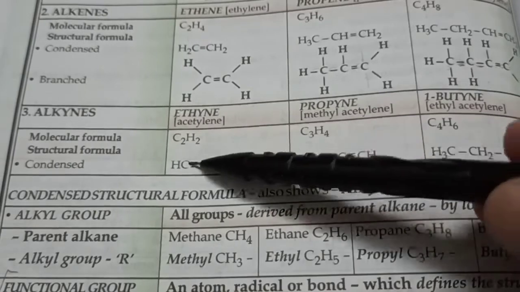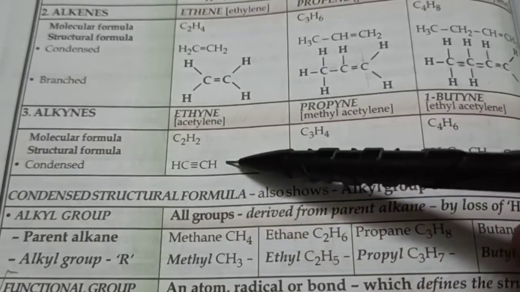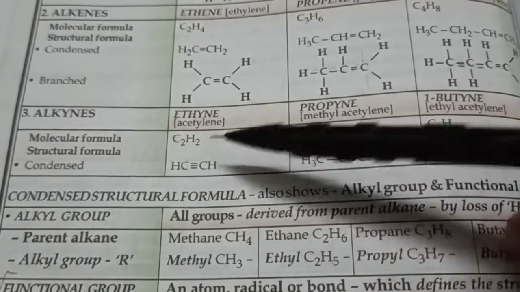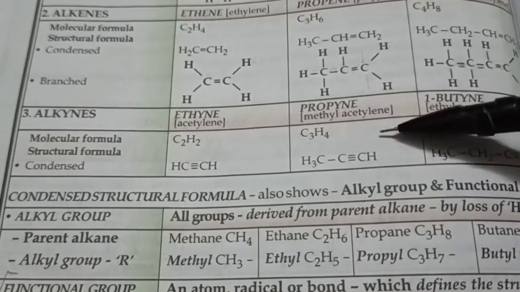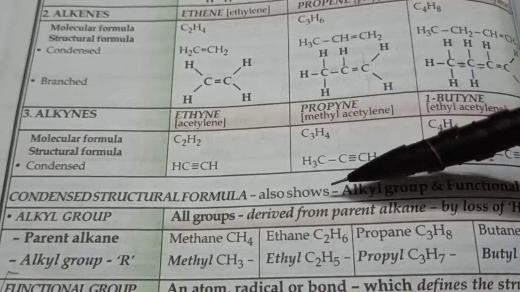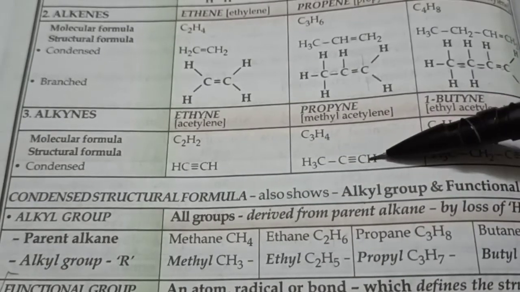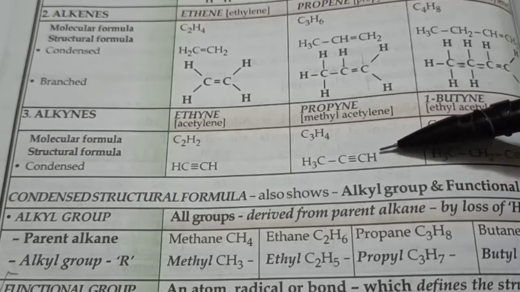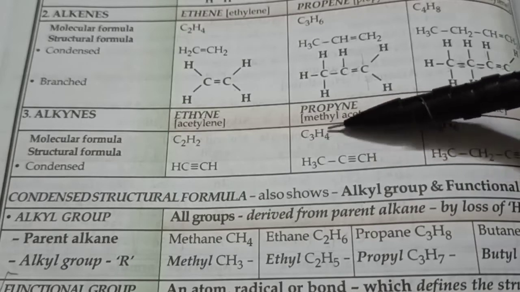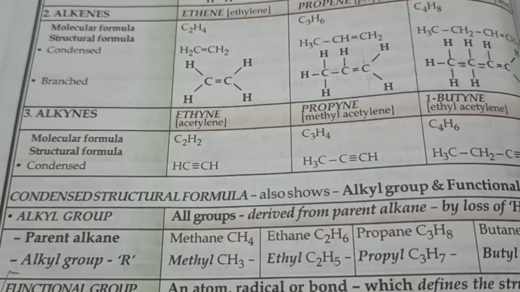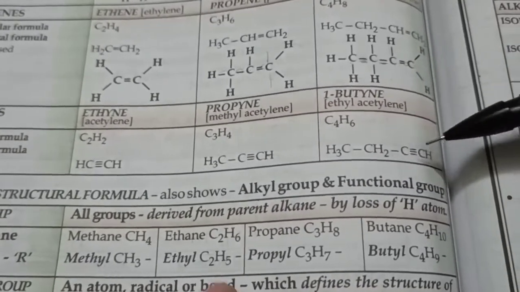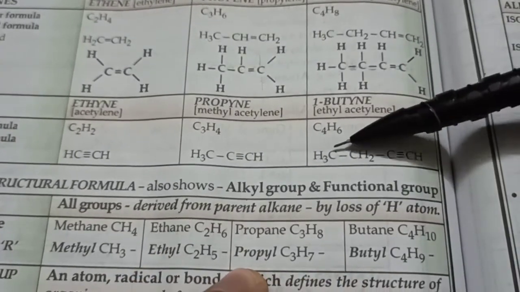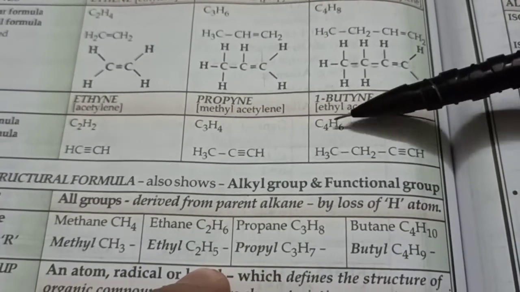Yep, it has a carbon-carbon triple bond, so it will have just one hydrogen here, C2H2. It's also called acetylene. Propyne, well, it's carbon-carbon-carbon, 3 carbon atoms in a straight chain. Put a triple bond somewhere, either here or here, doesn't matter, it's the same thing. And hydrogen atoms, of course, formula is C3H4. And then we have butyne, carbon-carbon-carbon-carbon. Put a triple bond here or here, and put the hydrogen atoms, we get C4H6.